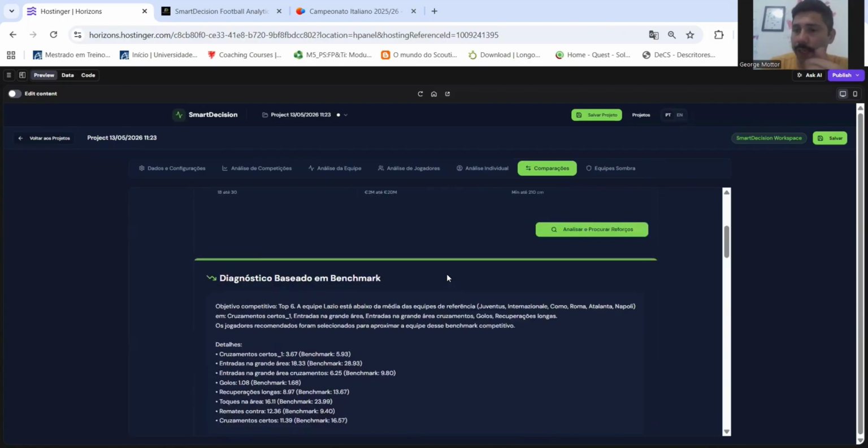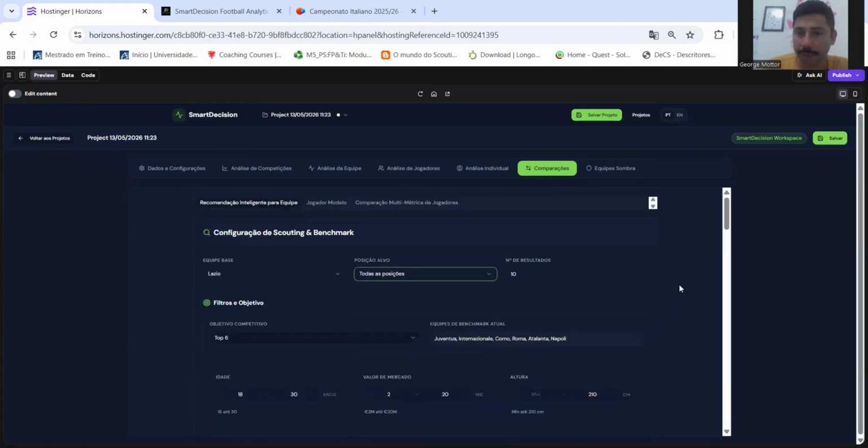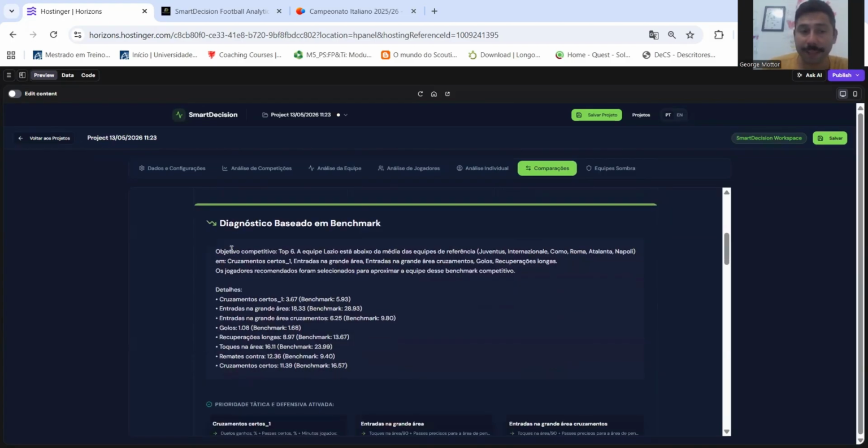I could just include the fullbacks, place them here, right? I could have just focused on midfielders, wingers, fullbacks. I could have done that, but what I wanted to see here was this aspect, not the players at this moment. I wanted to see what the main weaknesses of Lazio were compared to the other teams, right? We saw here long recoveries, touches in the area, shots against, right? Lazio averaged 12 shots against, while other teams averaged 9. While also accurate crosses, 11 to 16. So,